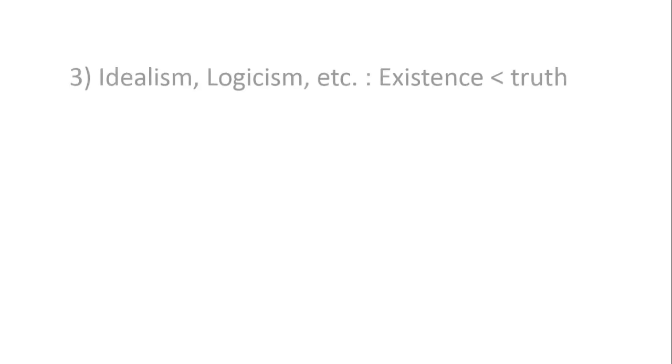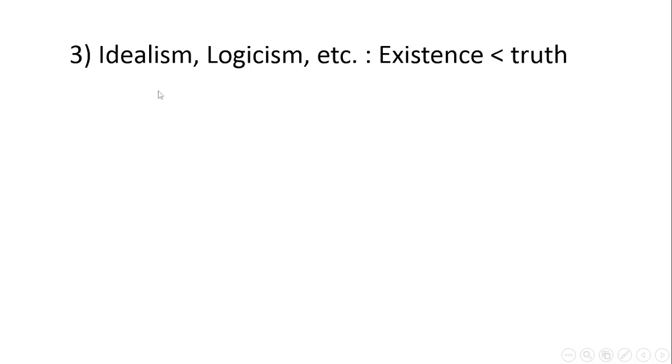So the third model for the fundamental nature of reality is the idealistic model. Theories like idealism, logicism, and mentalism have a tendency towards the epistemological aspect of reality. In other words, they focus on truth more than they focus on existence. An example of that would be the distinction between truth maker and truth bearer. Truth makers are the ontological entities such as objects, existence, ontics, etc., while truth bearers are the epistemological entities like propositions,